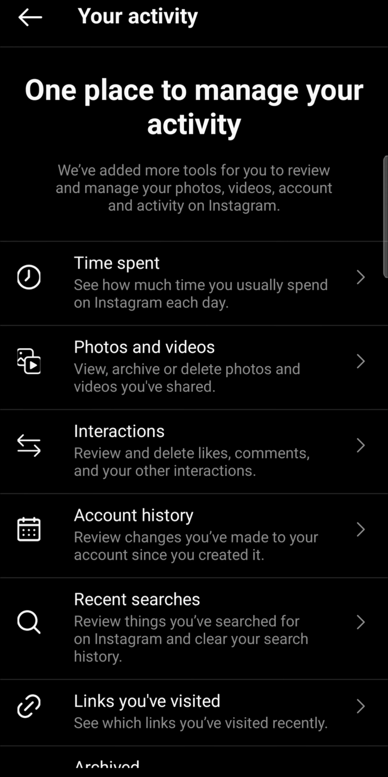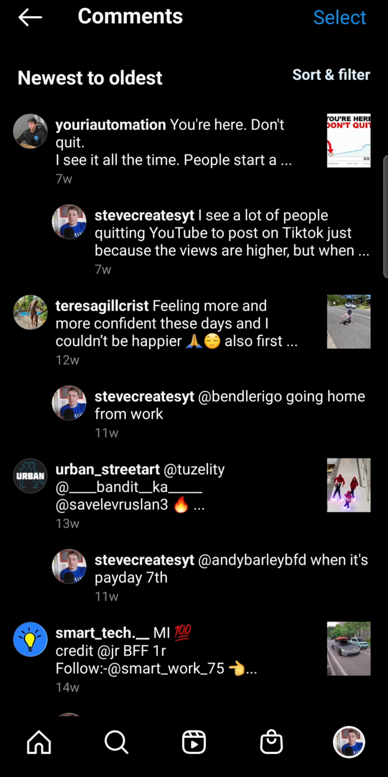Just tap on your activity and you'll have all these different options like time spent, photos and videos, and interactions. What you actually want to tap on is the interactions option right here, and then you have options right there. So it says comments at the top. You want to tap on comments, and this is going to show you every single comment you've made with this